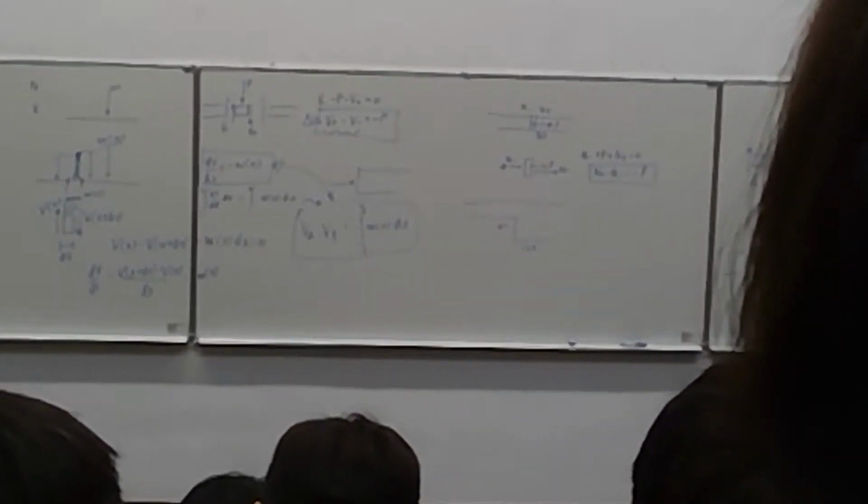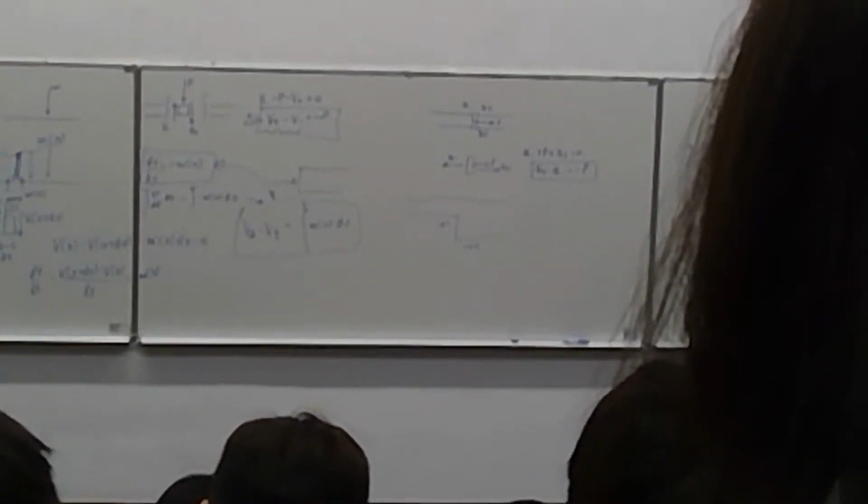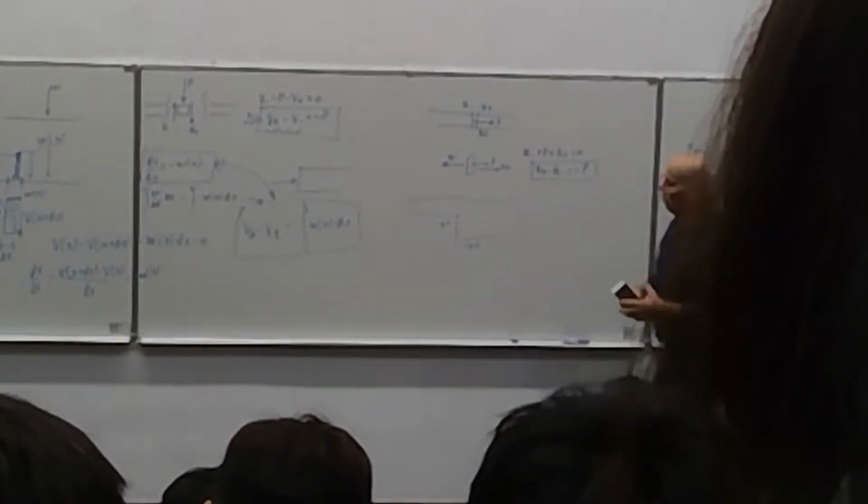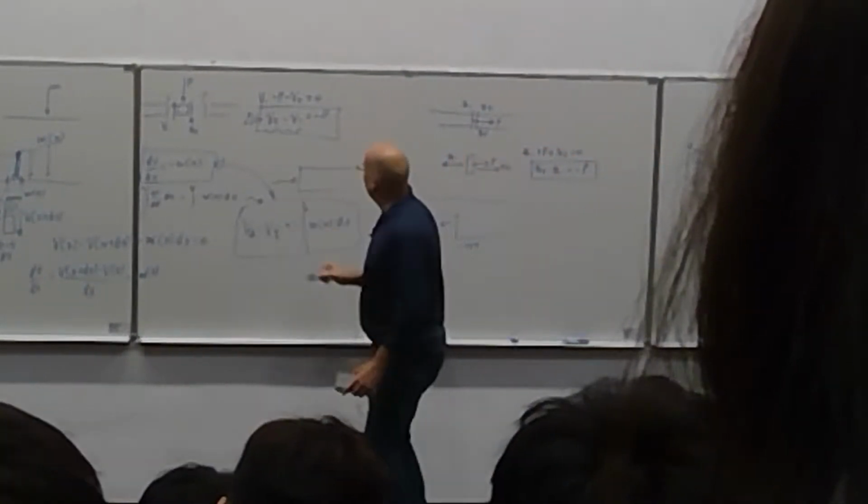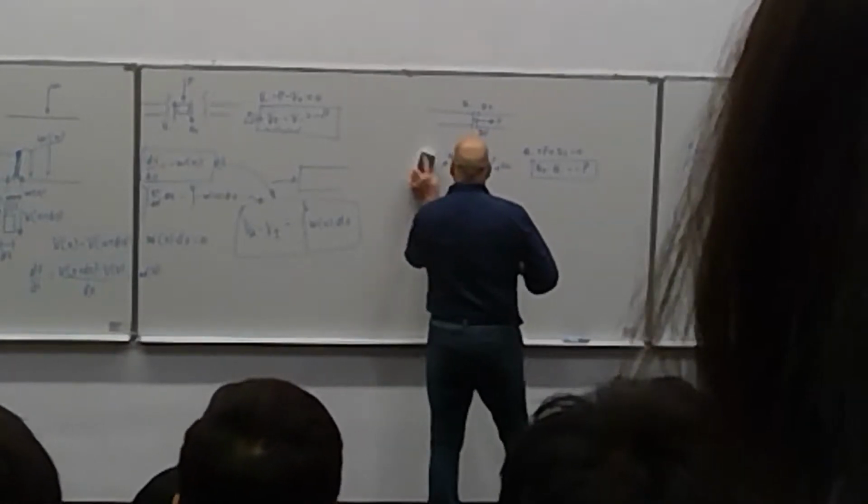You start with zero intensity, so you start with zero slope, and then the slope increases, pushing you down all the time, stronger and stronger, until you reach the biggest slope here, and the total integral is this one. The change between here and here is the area under this. So whenever we have distributed loads, we know this is true also for axial loads. So when I have an axial load, for example,